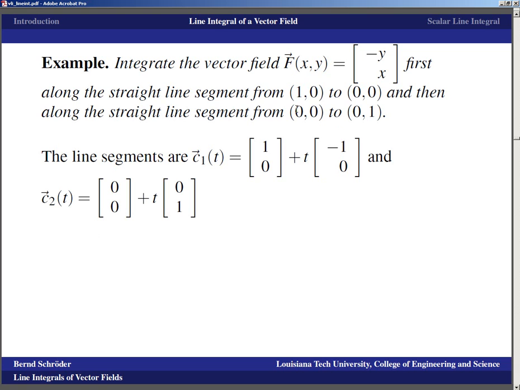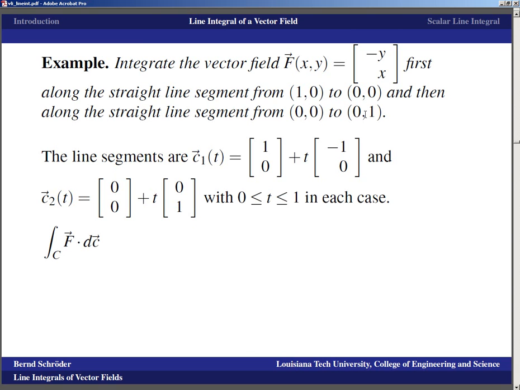The second line segment starts at 0, 0, which we can see right here, and its direction vector is endpoint minus starting point, which is just 0, 1, as we can see here, so that's pretty easy too. And in each case, our time parameter goes from 0 to 1. Okay, if we want to now integrate this force field along the net path that goes first from 1, 0